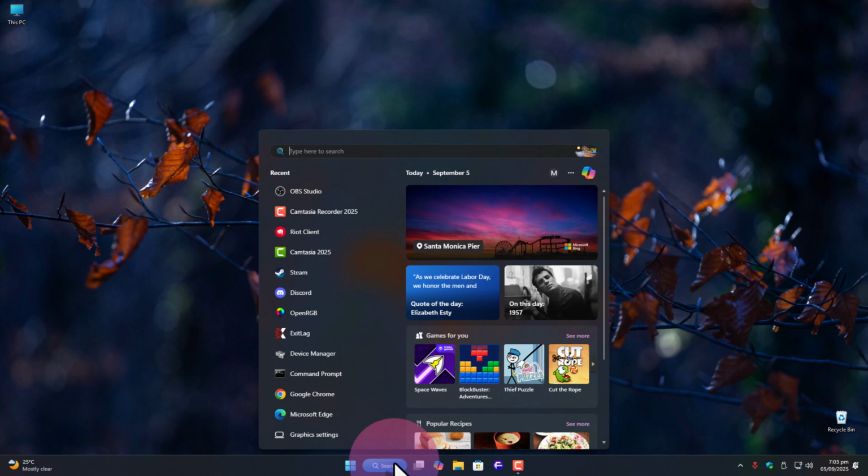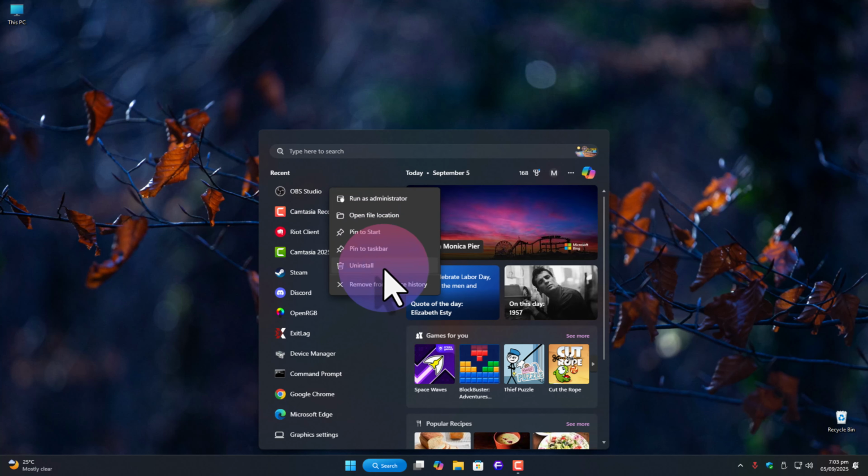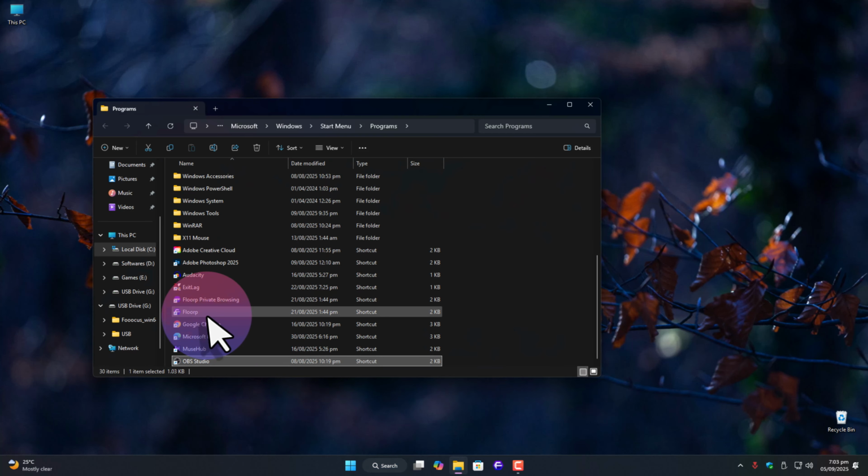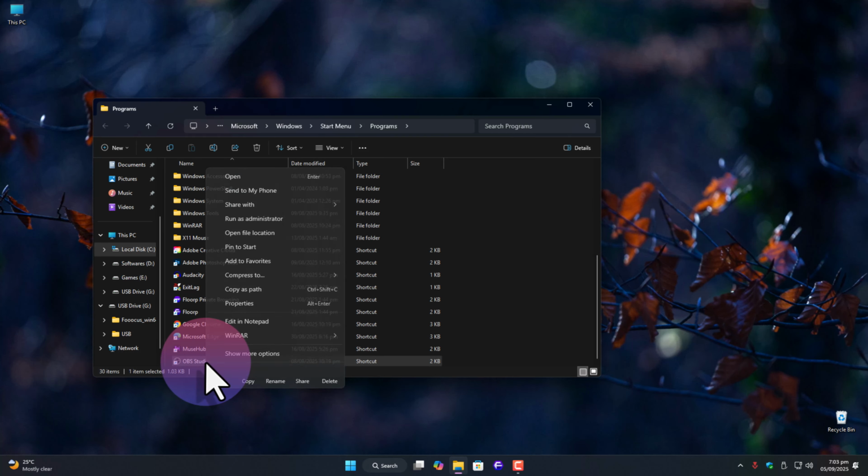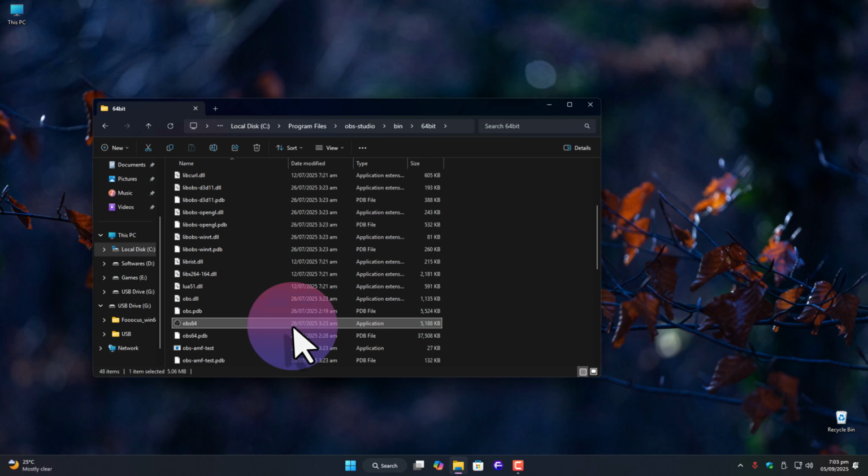Open the Windows search bar and type OBS. When it shows up, right click on it and choose Open File Location. Now, in most cases, that's just a shortcut, so you'll need to right-click again and once more choose Open File Location until you land in the actual OBS folder. By default, it's usually inside C Drive, Program Files, OBS Studio, Bin, 64-bit. And in there, you'll see